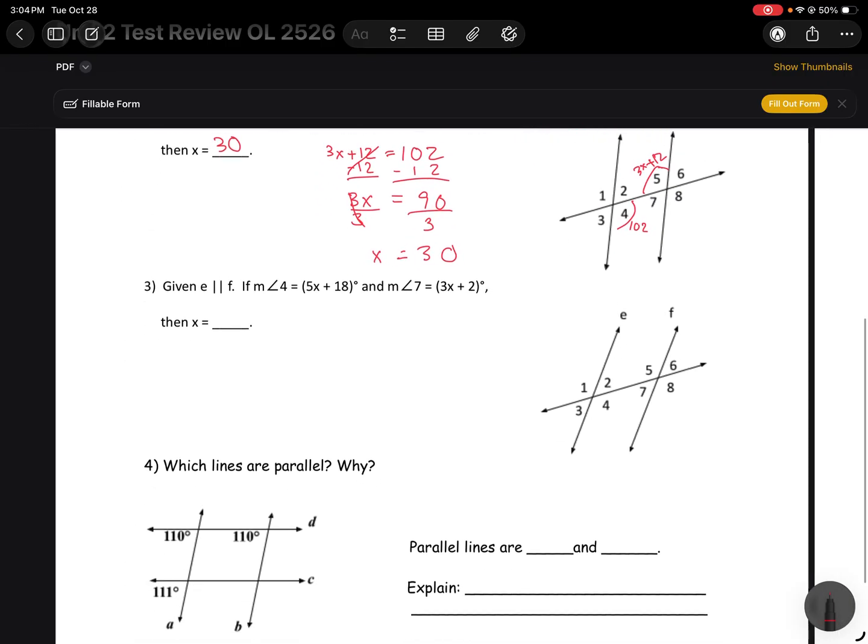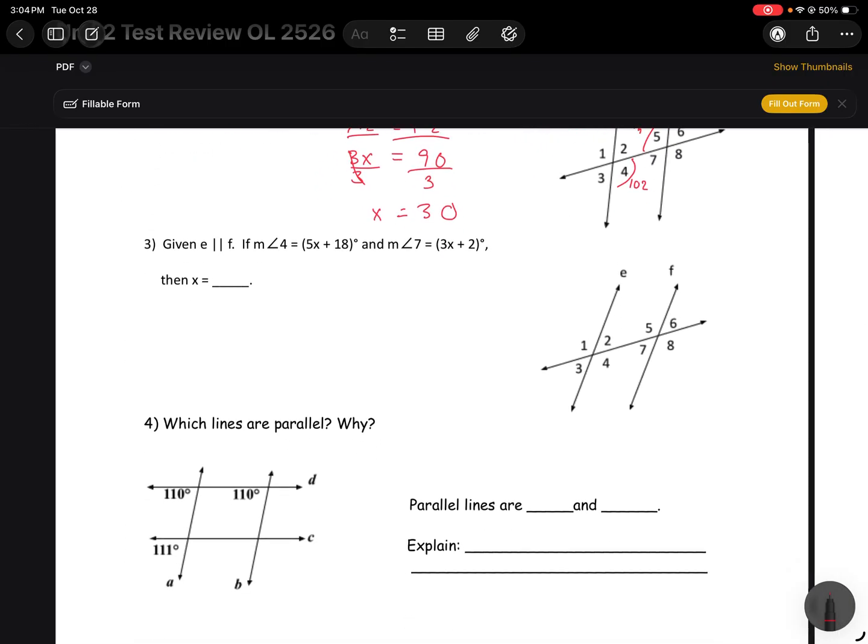Number 3. Given E is parallel to F, angle 4 and angle 7 are given to us, and these two are same side interior angles, which tells me these are going to be supplementary. So 5x plus 18 plus 3x plus 2, so these two angles 4 and 7 added together should add up